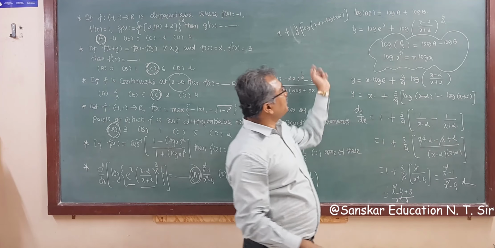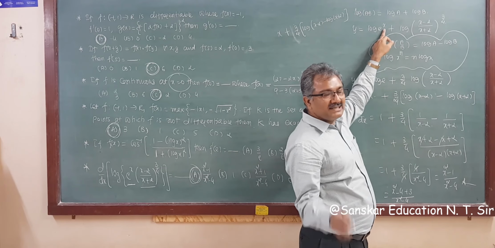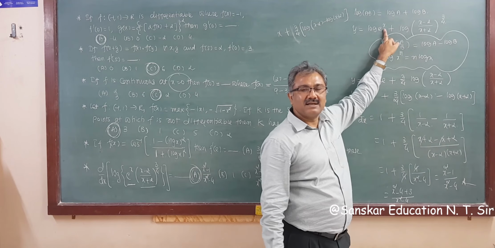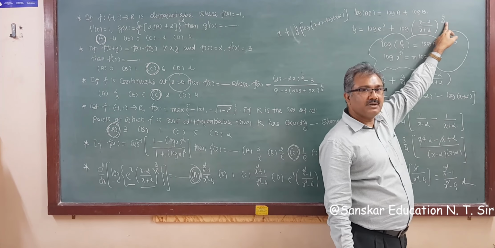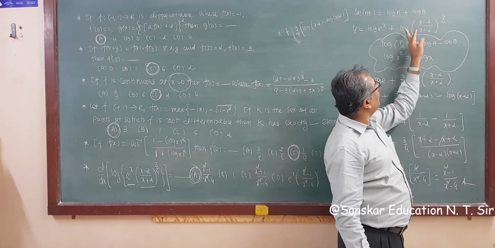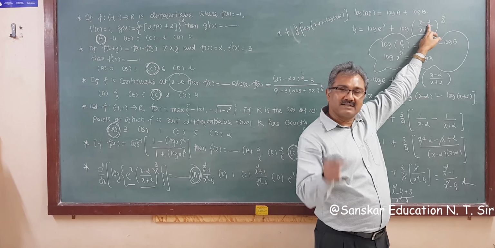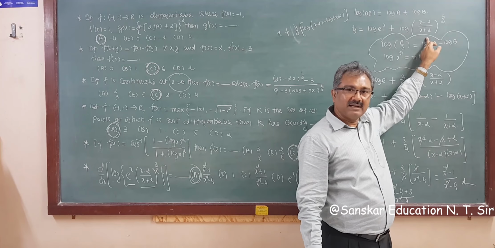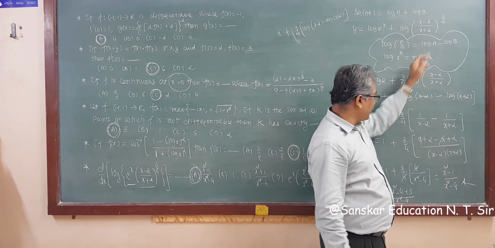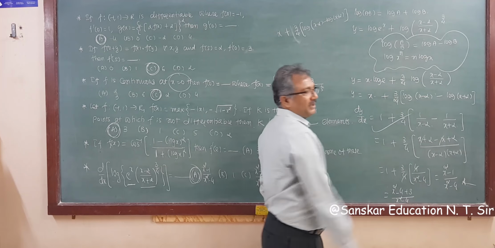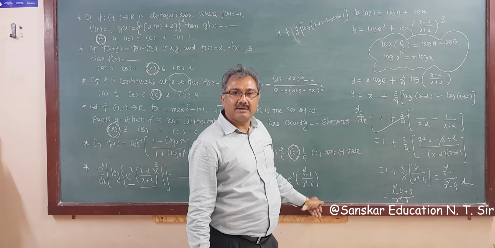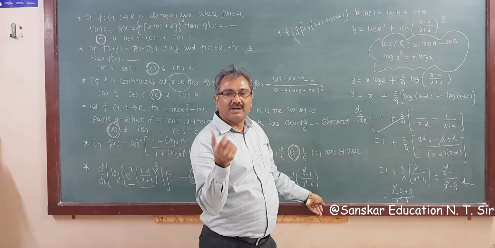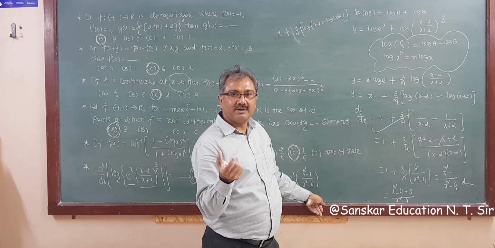Now the derivative of this. The derivative of x is 1, so 1. 3 by 4 is a constant, so 3 by 4 as it is. Now the derivative of log bracket is 1 upon bracket, minus the derivative of log bracket is 1 upon bracket. So we write it directly, and then simplify. You will get your answer. So there is no need to write all these steps for competitive exams. So save time. Okay. Thank you.